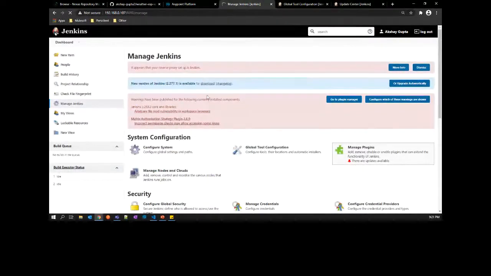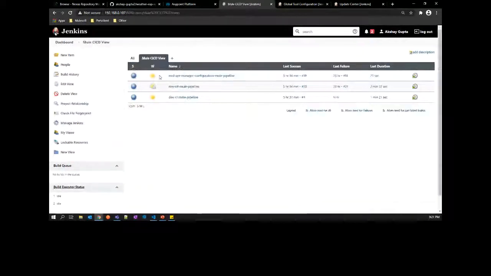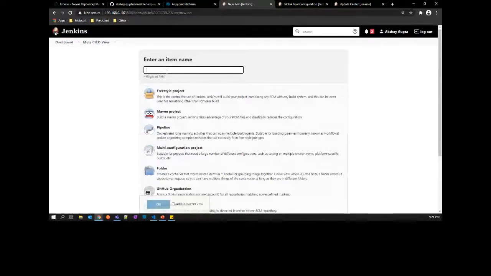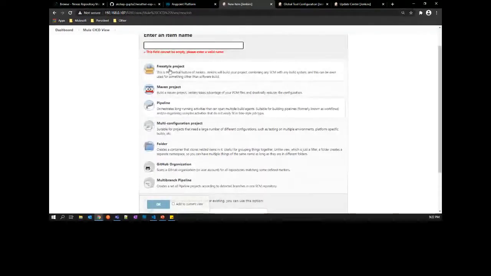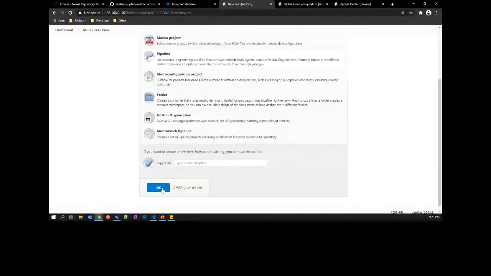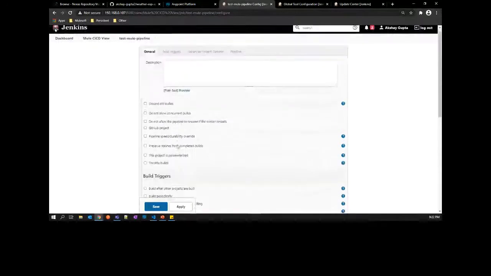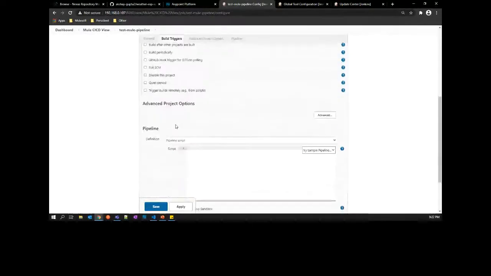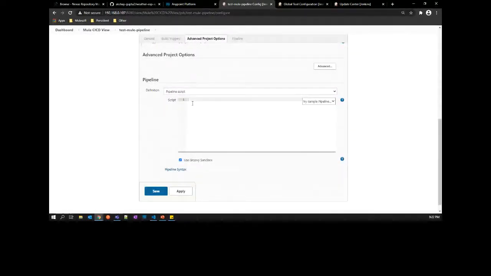Since this does not seem to be loading, we'll move back to the pipelines. In order to create a pipeline for our CI/CD, we click here in the new item section, enter the name for that pipeline, and select the pipeline option here. If I click OK, we'll see that the pipeline has been made available for us to configure. And here you can configure all the different options. Here is the place where you put your actual script for the particular pipeline. This will be executed whenever this pipeline is triggered. So we'll save it for now.